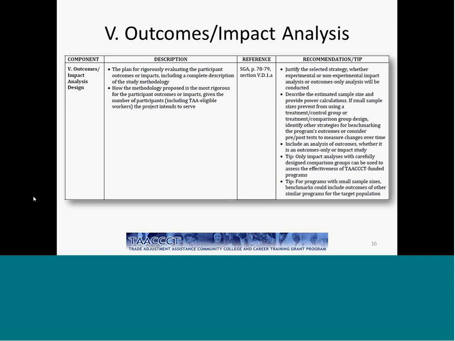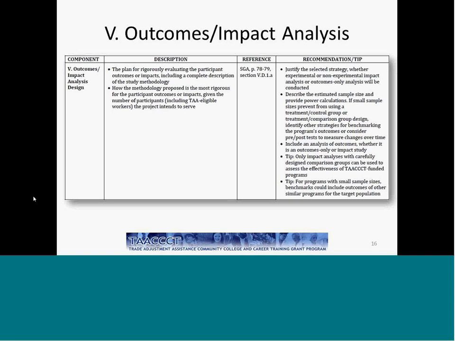This is what you as grantees and evaluators are being asked to conduct: the most rigorous impact or outcome study possible. When we say impact, we mean that the outcomes of the participants are compared to a group of similar individuals that did not receive the TACT-funded intervention. It allows you to say what the effect of the intervention was on the participants. When we say outcomes, we mean that there is no comparison group, but the participant outcomes are reported. This is a less rigorous method of evaluating the TACT programs and should only be used if no experimental or quasi-experimental